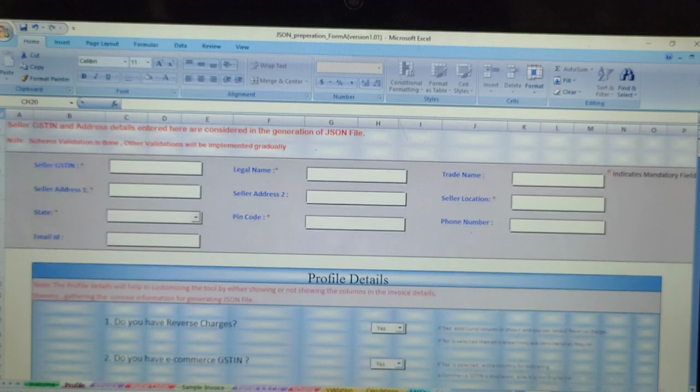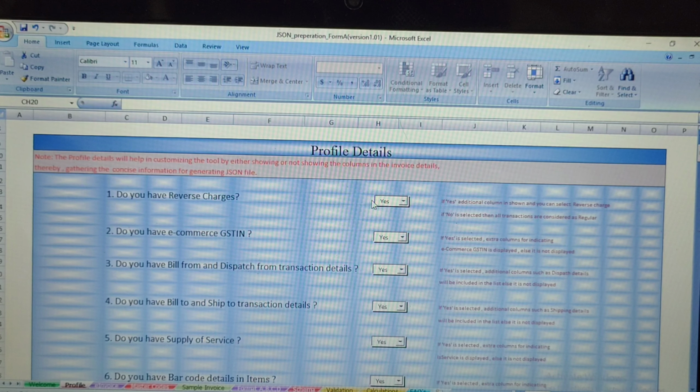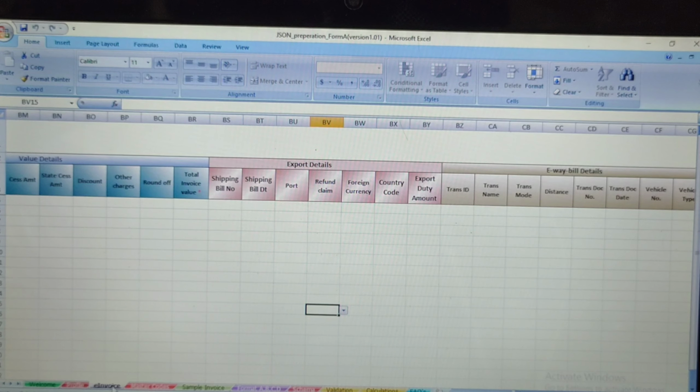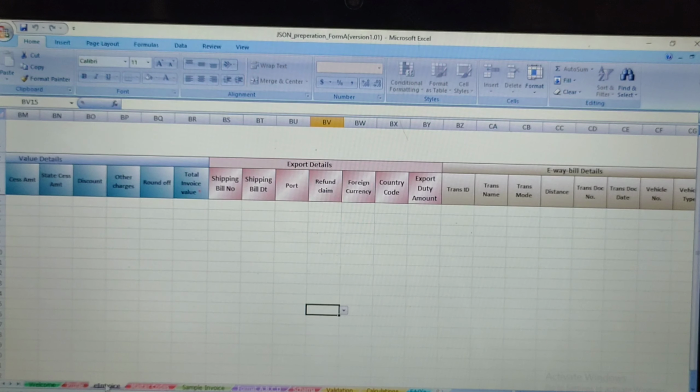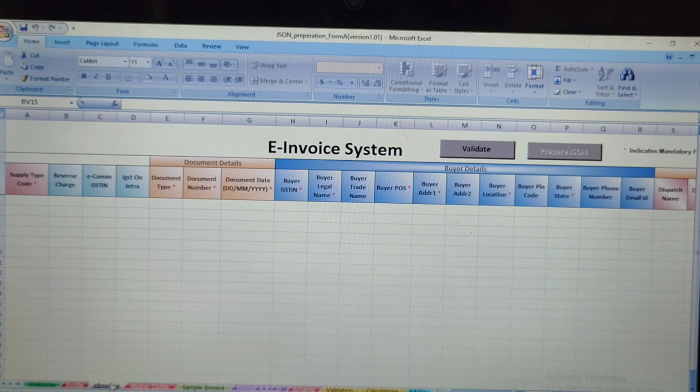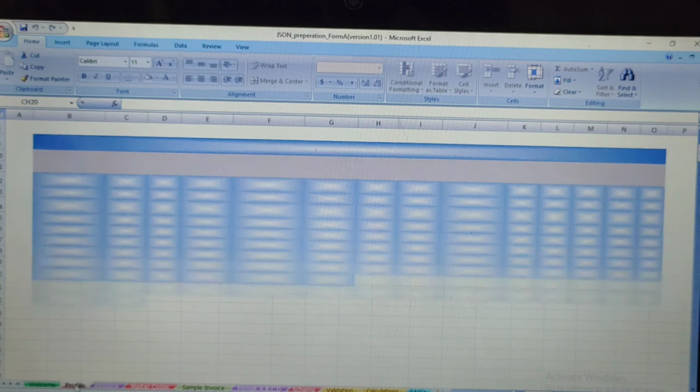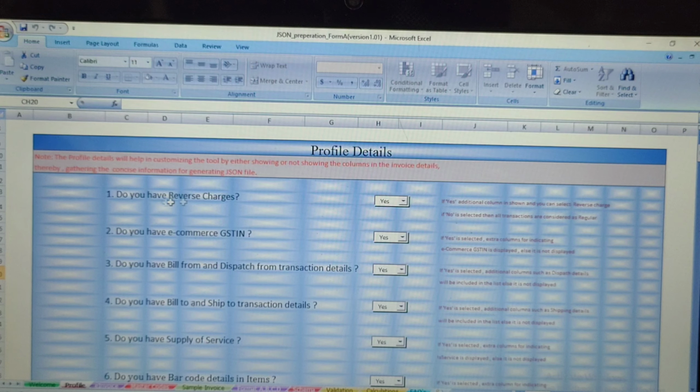And below these profile details, these are so important to make invoice details in the next worksheet, that is e-invoice. Based on filling these details, the e-invoice sheet will be reflected. This is a replica of the profile sheet. Let us see some example. If you see in the profile sheet, do you have reverse charge?